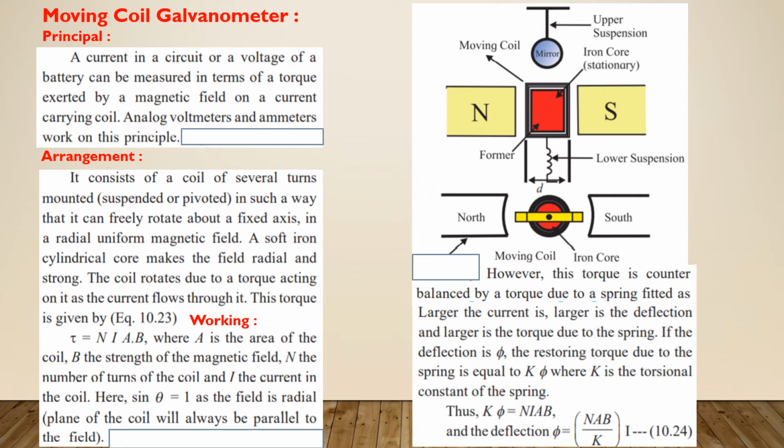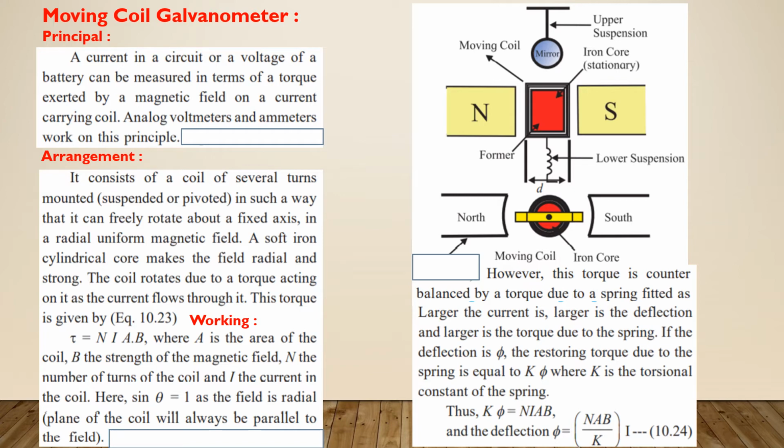This restoring torque is directly proportional to the deflection phi. That is, the restoring torque is equal to K phi, where K is the torsional constant of the spring. Under equilibrium, the deflecting torque is equal to the restoring torque. Thus, K phi is equal to NIAB, and hence the deflection produced, phi, is equal to NAB upon K into